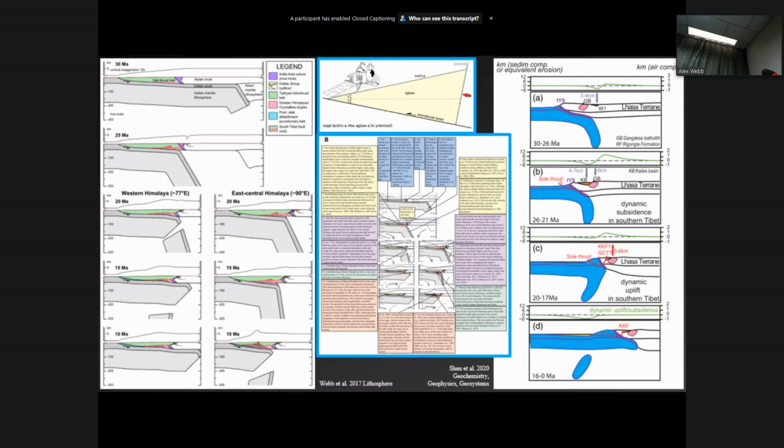So you open up a big mantle window, magmatism sweeps back to the south, and now you've taken the slab and you put it right below the northern Himalaya. Once you put the slab below the northern Himalaya, if you think of it in critical taper terms, so just how an orogen responds to changes in the basal slope, putting a slab here probably pulls down the basal slope. And if you're pulling down the basal slope, you're going to develop internal thickening. And the South Tibet Fault might be one part of that internal thickening. So you have a motivation for internal shortening.